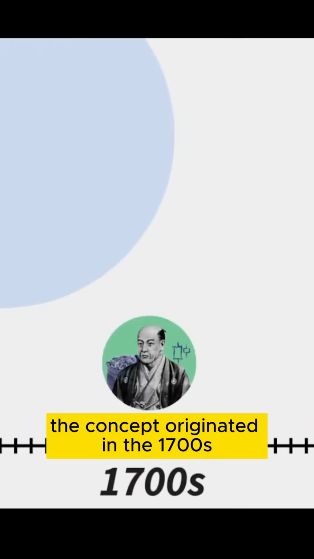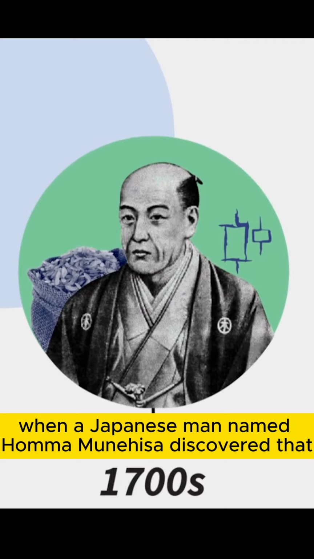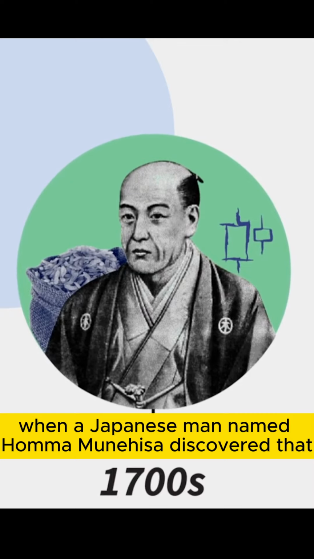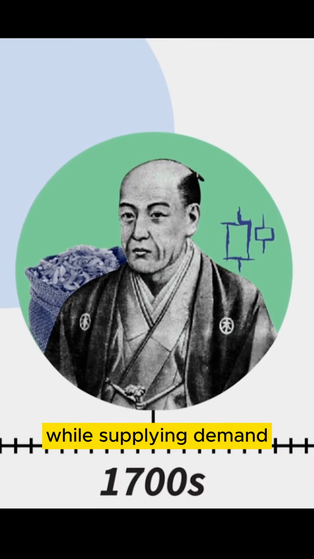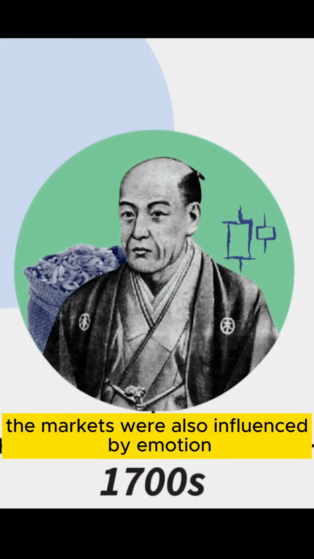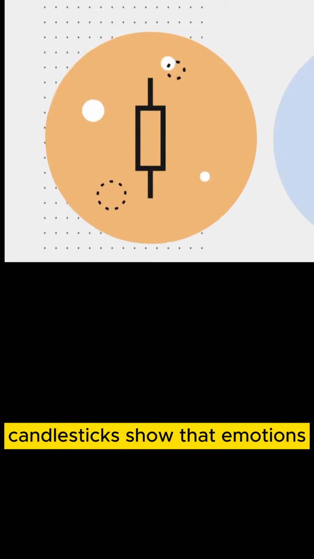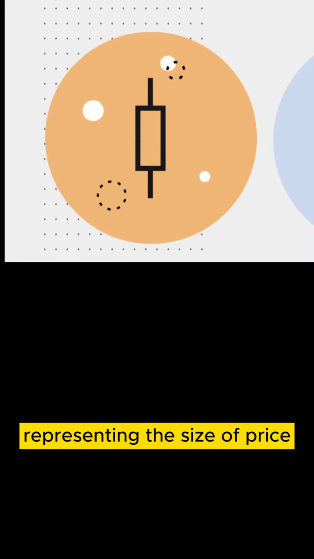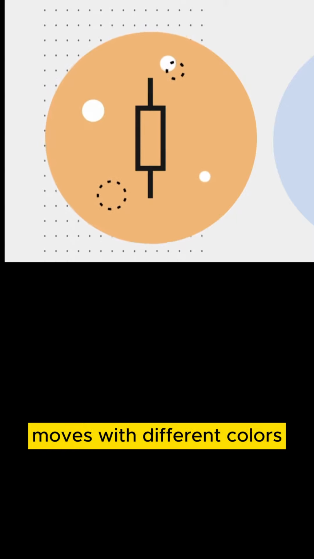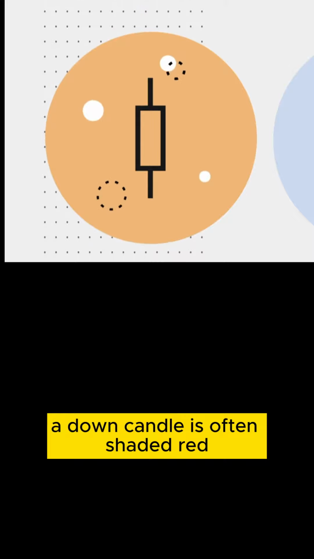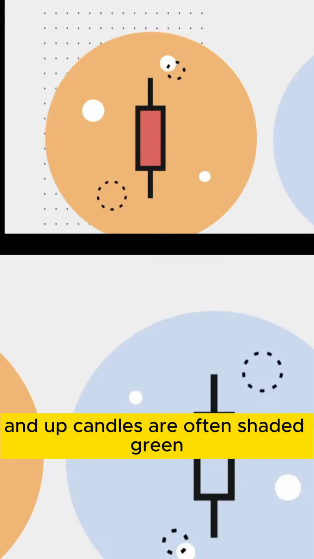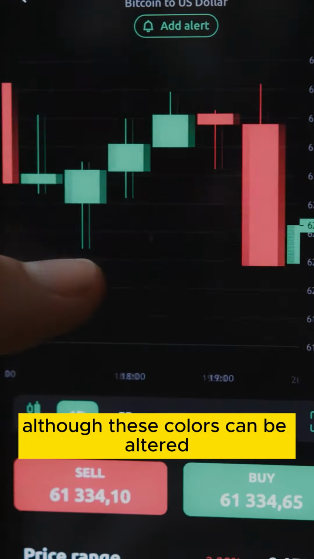The concept originated in the 1700s when a Japanese man named Hamamona Hisa discovered that while supply and demand determined the cost of rice, the markets were also influenced by emotion. Candlesticks show that emotions representing the size of price moves with different colors. A down candle is often shaded red, and up candles are often shaded green, although these colors can be altered